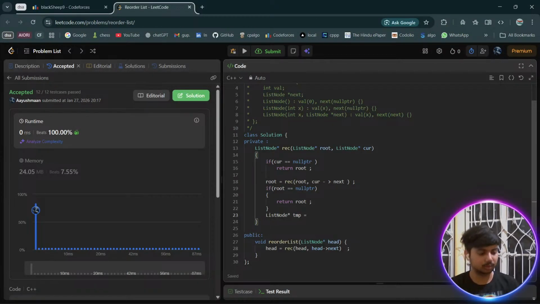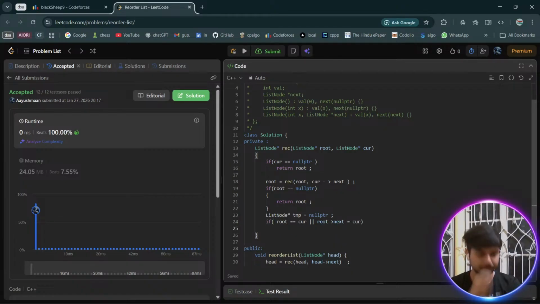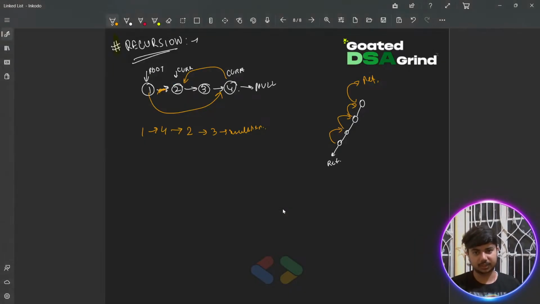एक हम लोग टेम्पररी ये ले लेते हैं, the pointer of that particular node, ठीक है, currently initialize it with null pointer. Now if root is equals to current, CUR in my case, or root is equals to current next equals to current, तब हम क्या करेंगे, करंट का नेक्स्ट जो है उसको नल पॉइंटर बना देना, क्योंकि चीजें एंड हो गई वहां पे जाके,